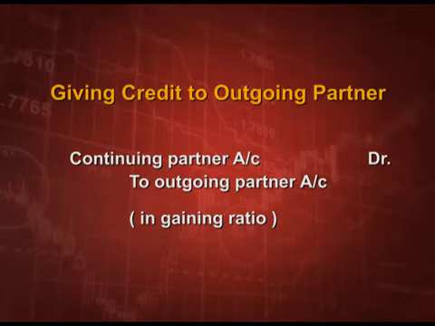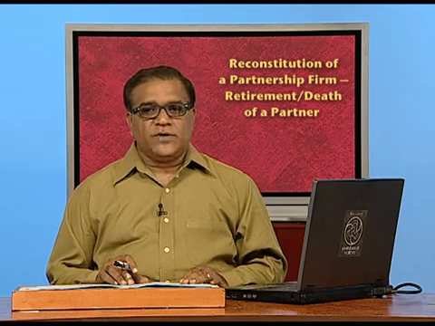Now, this is a normal journal entry which we are doing, but sometimes it can happen that continuing partners are also sacrificing. One of the continuing partners is gaining and the other is sacrificing. Then what will happen? Then the continuing partner who is gaining will be debited and the other continuing partner who is sacrificing will be credited, along with that outgoing partner. Let us understand this very good concept